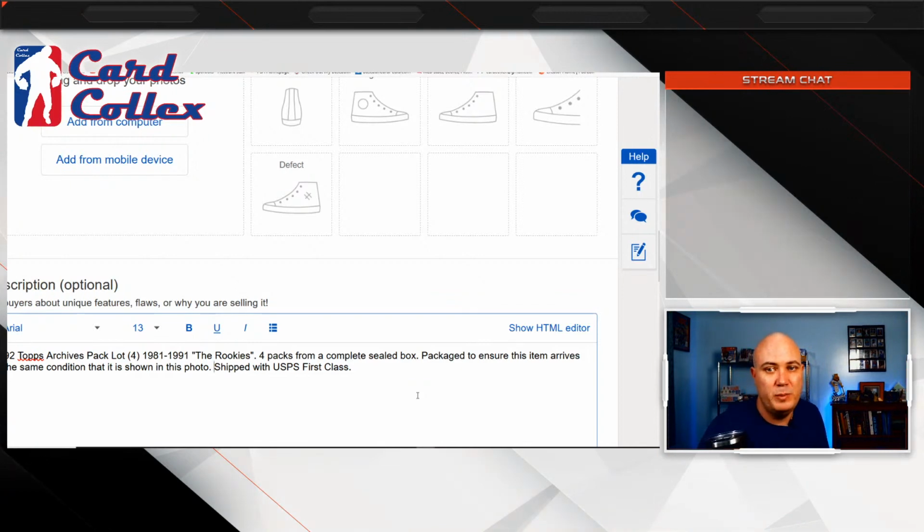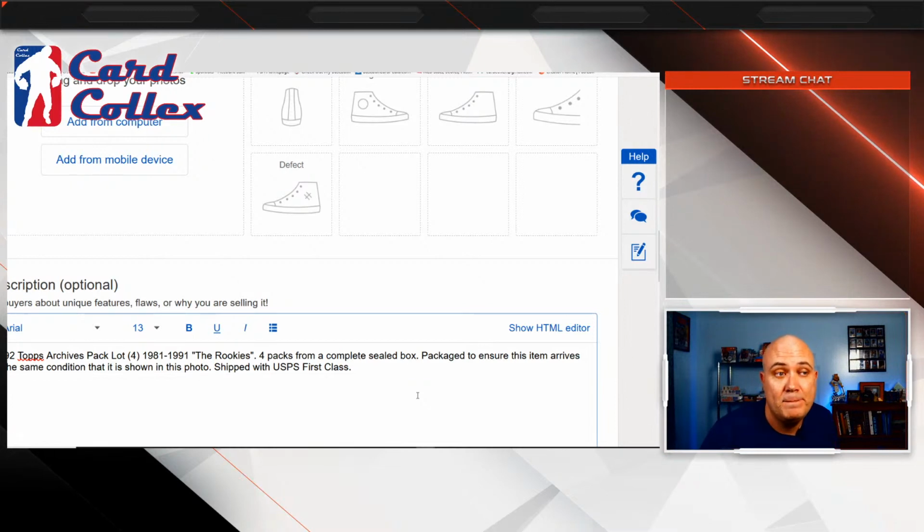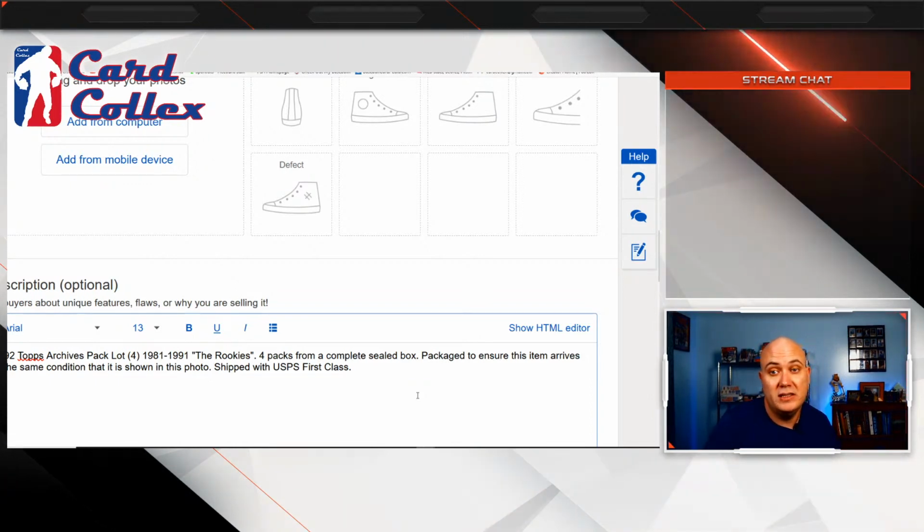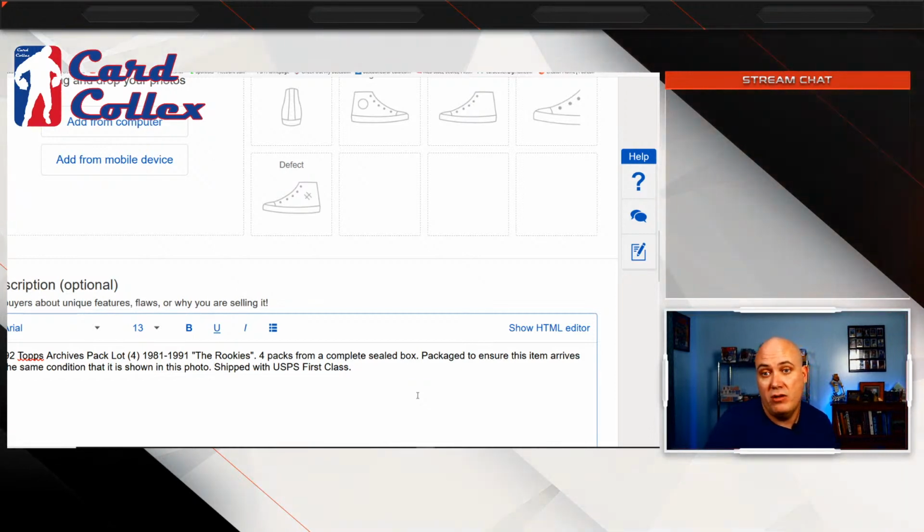And that's the other thing, people can return pretty much anything, especially within 2 weeks. Within 2 weeks, they can return anything. Even if you put no returns, they can still return it. If it's damaged, if there's anything off about it that's not what was shown in the photos, then they can return it.